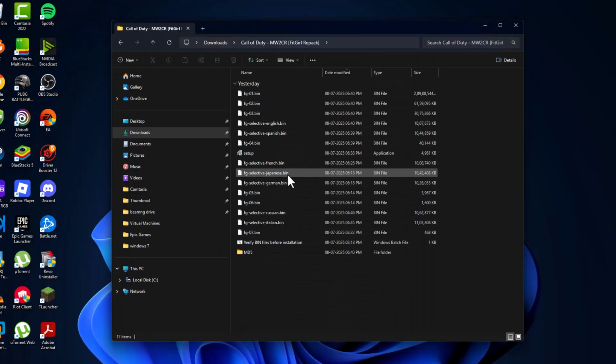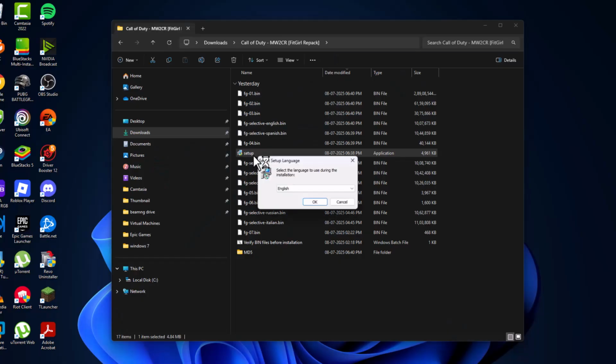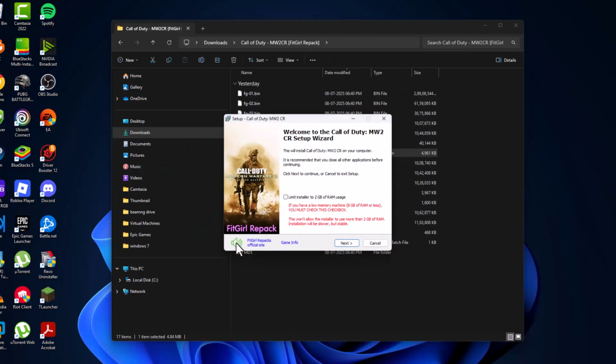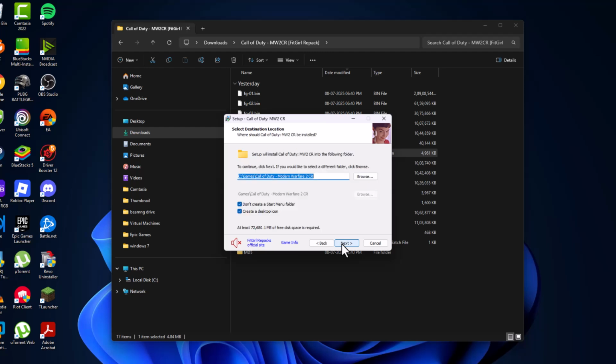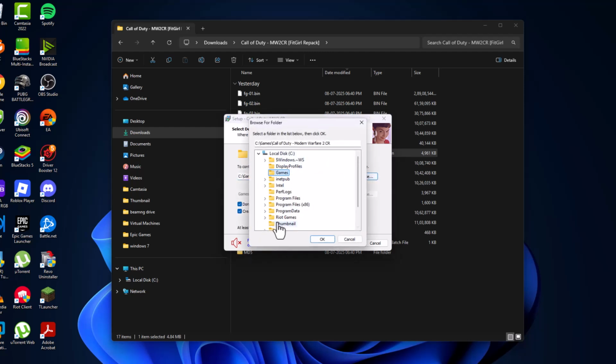Double click on the setup folder, double click on setup and select yes. Select OK. Select this music icon to mute the music. If you have under 8 GB RAM, then check mark this box guys. Limit installer to 2 GB of RAM usage, make sure nothing is running in the background, and select next. Select next. Select the browse option, select the location where you want to save this game, and select OK